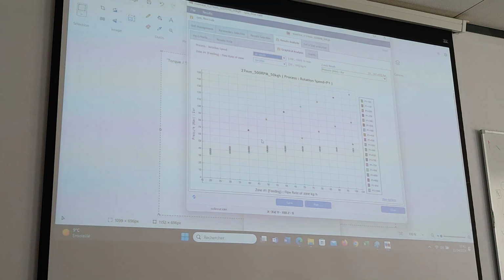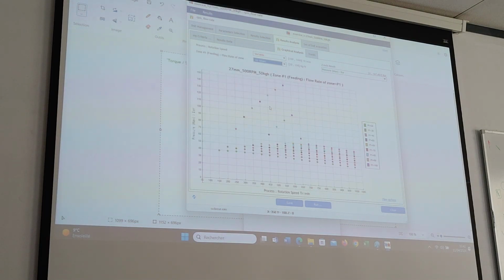Let's see what happens if I display all values. If I display all values, it's also nice because we see most points are on the same y coordinate, which is in line with what you said, Philippe. So increasing the rotation speed does not really change the pressure we need to go through the die. A little bit because it still increases the temperature, but globally it's the flow rate which has an impact on the result. If we do the opposite, here if we select variable and all values on the top of the screen.